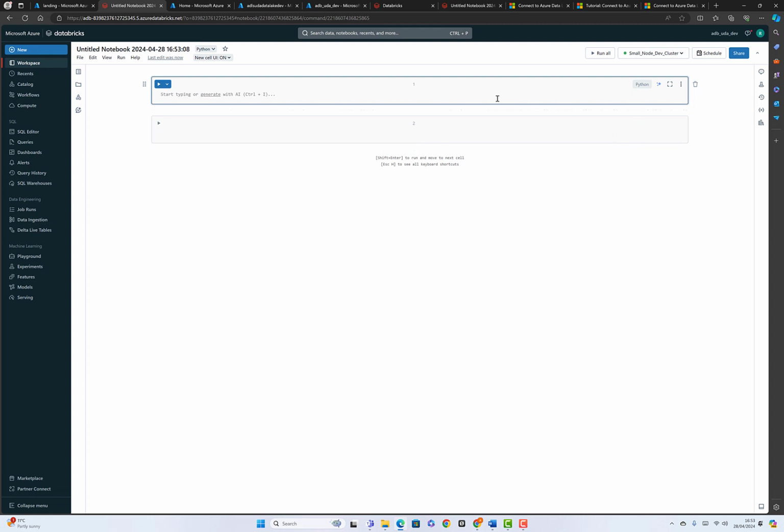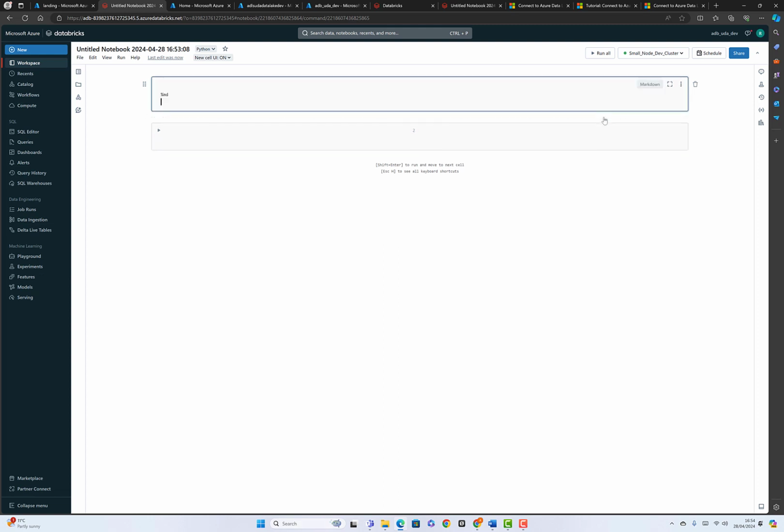A couple of options here. We will see them one by one with a scenario. Here you can write the code in 4 different languages. The first one is the comments section of the cell. If you want to write a comment, for example, if I say that this is markdown,